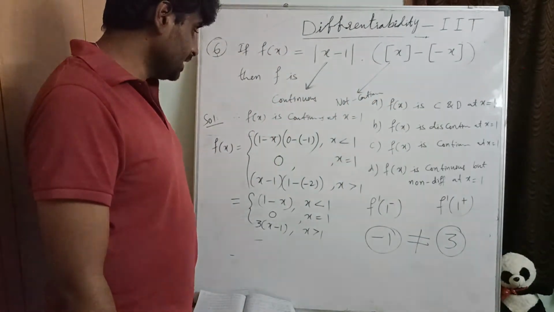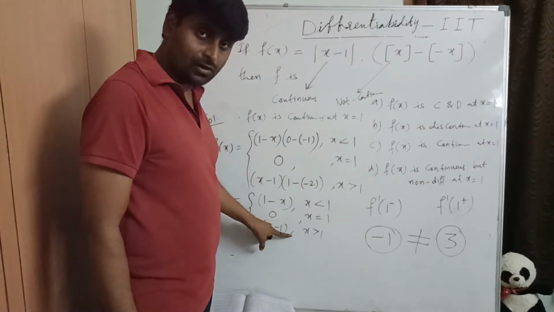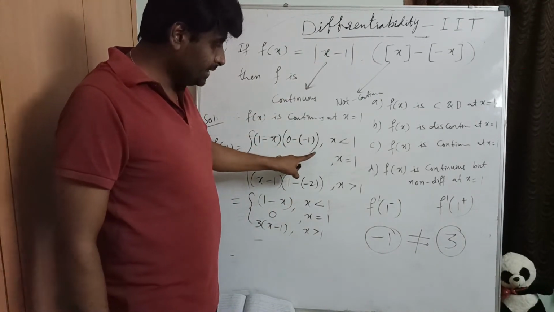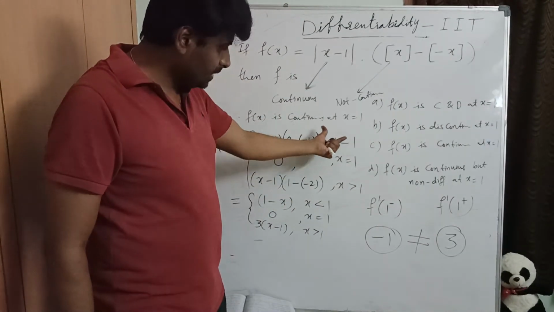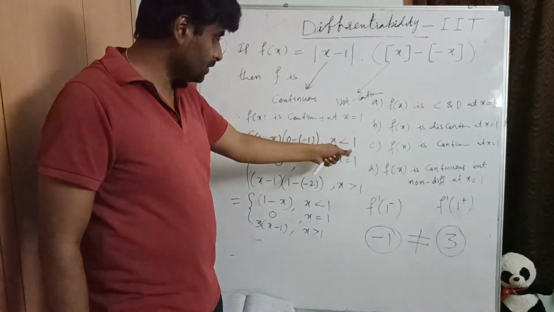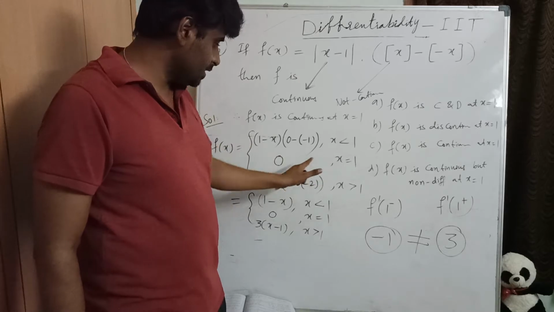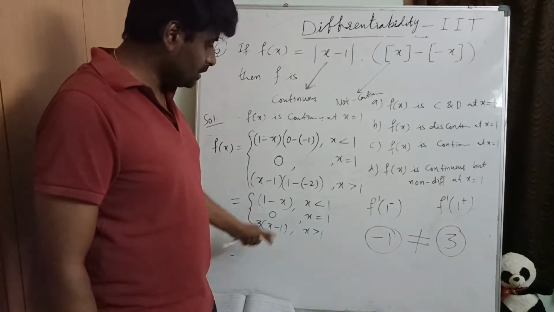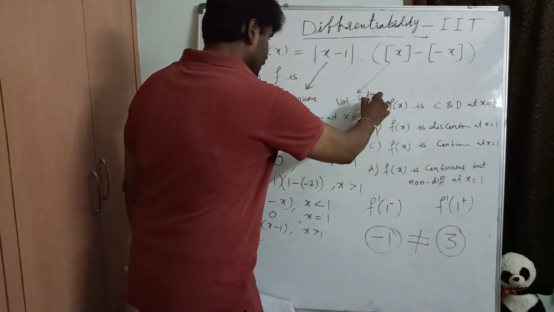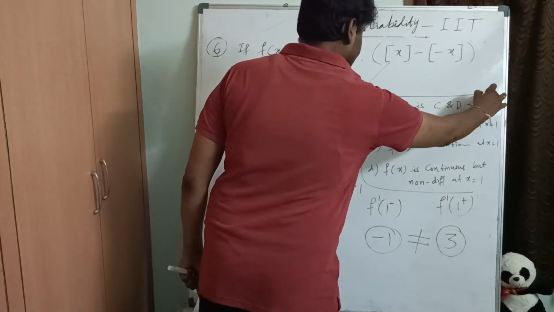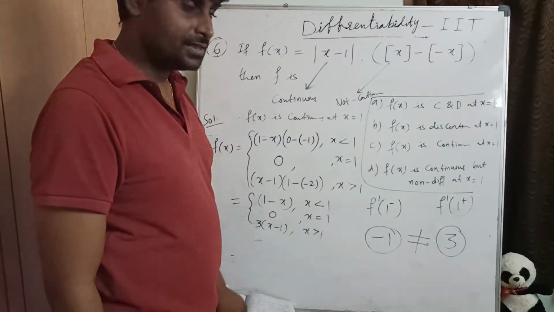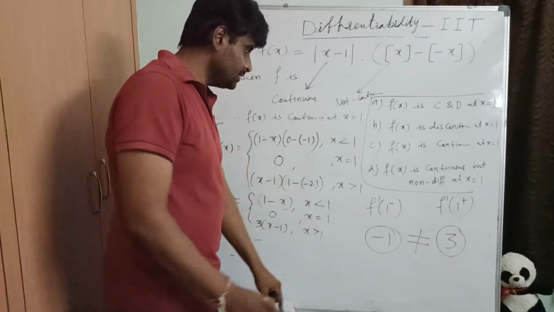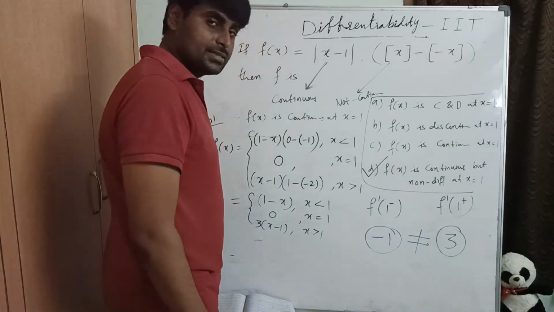It's very easy to check whether that function is differentiable or not after rewriting that function properly. That is important. Here you must be careful in taking the function for different values: x less than 1, x greater than 1, x equal to 1. So taking the given function properly is important. After that it will be easy to check whether the function is continuous or not and differentiable or not. Which option is correct here? The function is continuous but not differentiable. Clear? So option D is correct.